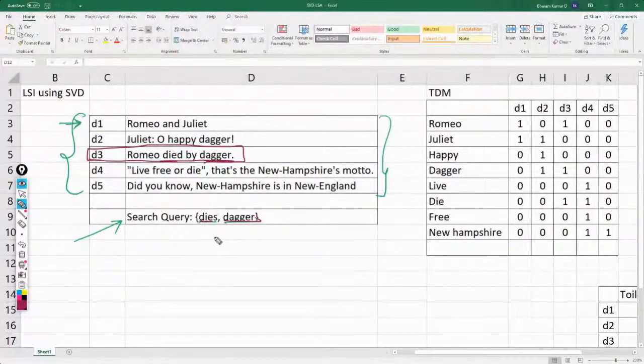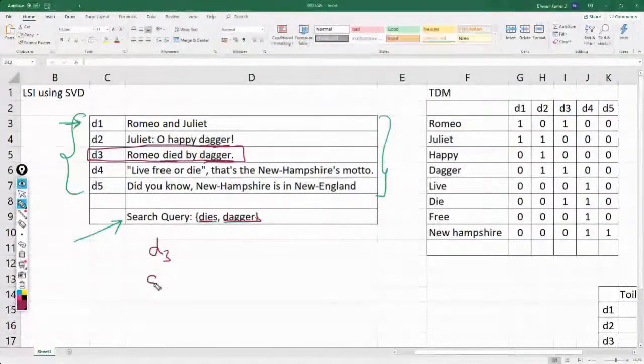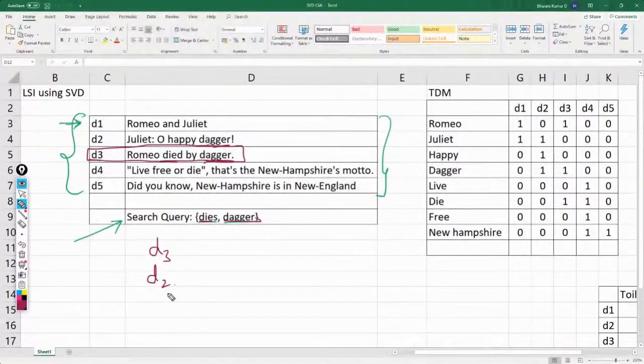Both of those exist. Great. So document 3 would come out. Then which document? Probably this document because it has dagger. So then you'll have document 2. Then maybe document 4 because it has the word die. And document 5 and 1 do not have any of these search terms.